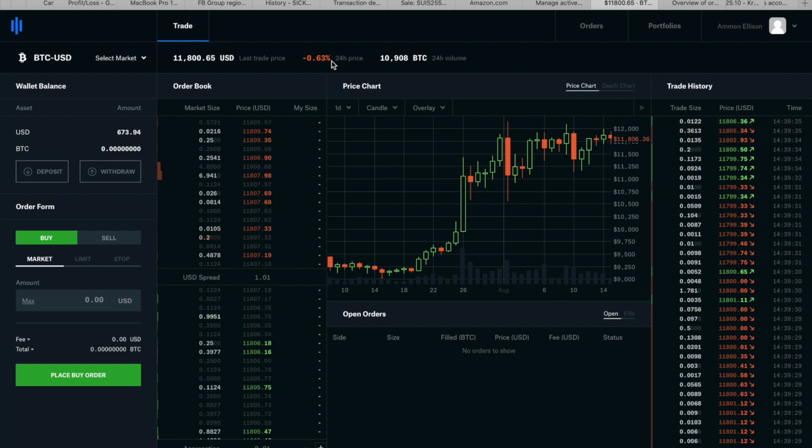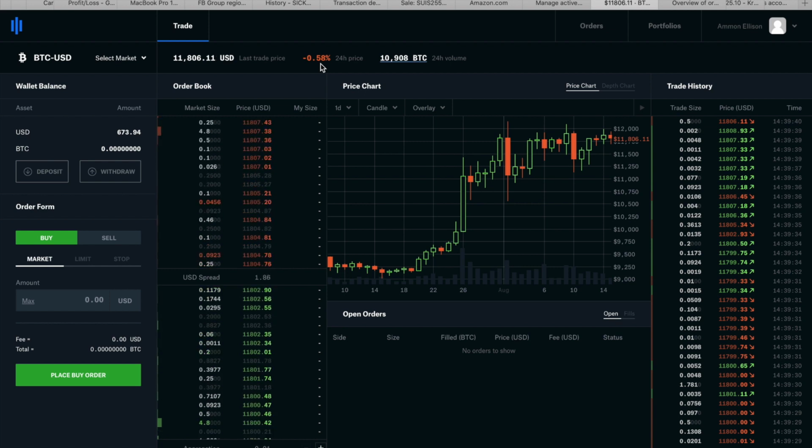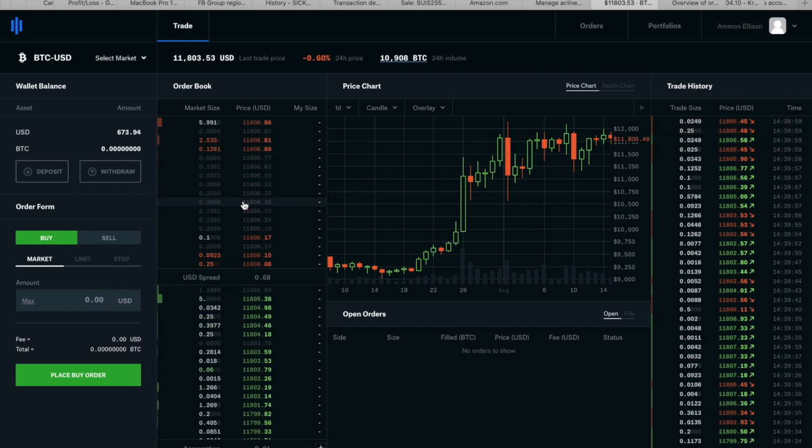Unless it's a volatile day. And what I mean by a volatile day is when the price has moved in either direction more than 5%. And today it's less than 1%. So a market order of less than $5,000 should be fine for the average person who's trading with a smaller size. But if you're looking to